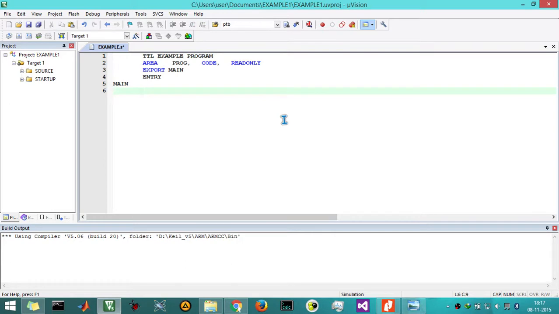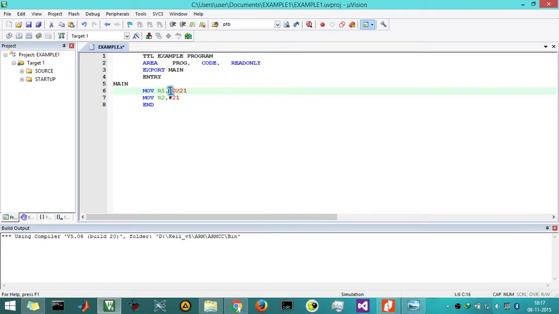Now I am going to write some simple move instructions. MOV r1 comma hash 0x21, MOV r2 comma hash 21, END. So this is a simple program that is going to load the registers with the values present here. The very first step, MOV r1 comma hash 0x21.